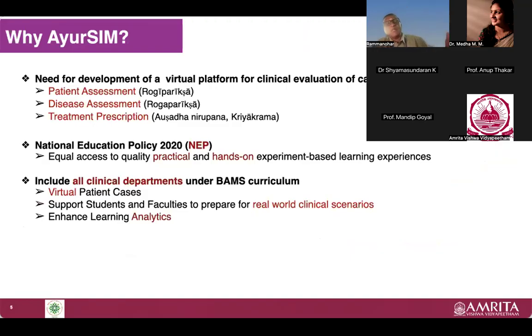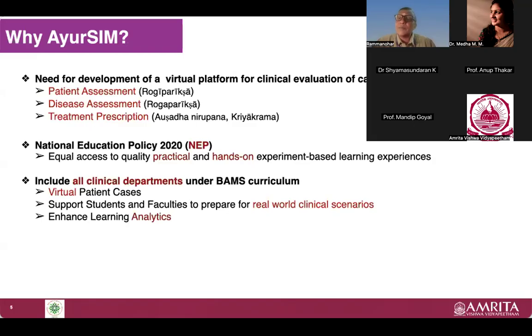The treatment planning happens in 2 phases. One is you assess, and then you work out a treatment plan. Now, this is inspired by our classical texts, which say that everything begins